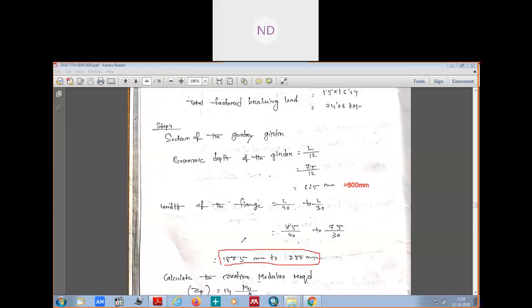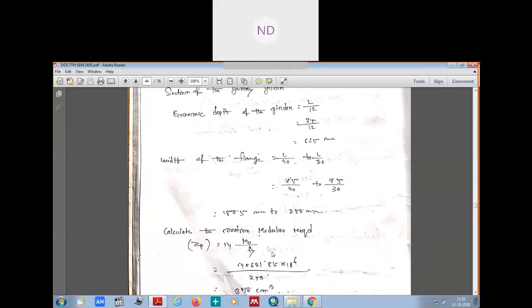Sorry, the width. Because we have to take an I section for our gantry girder, the width of the flanges will be 187.5 mm to 250 mm. You can take this range. We know the depth of the girder, 600 mm, and the approximate width of the flange, so we know what kind of section we can consider. Now we will calculate the section modulus required. What is the section modulus required? That is given by,